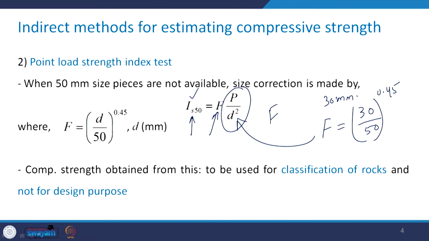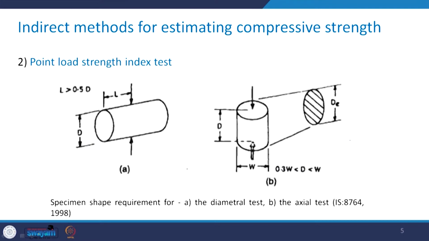However, one can use it for the classification purpose. This is a very important aspect. It is not to be used for design purpose, but only for the classification of rocks. Now in case we have any other shape of the specimen, then the code, that is IS